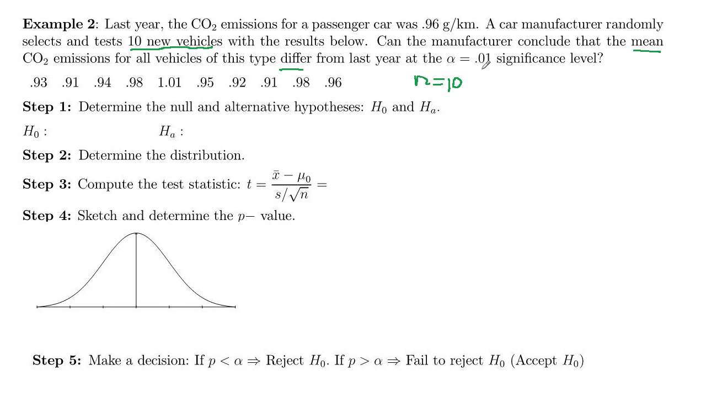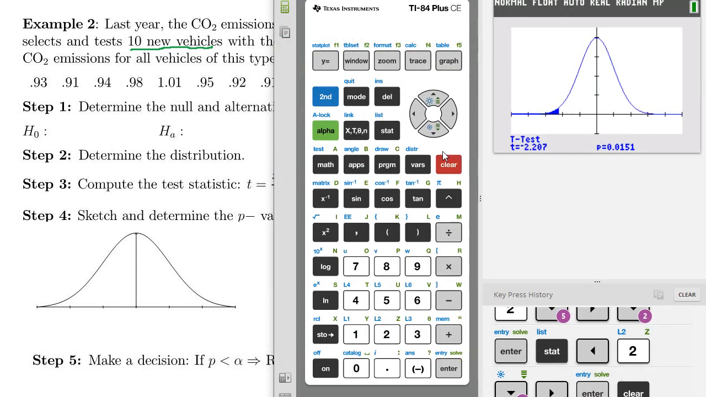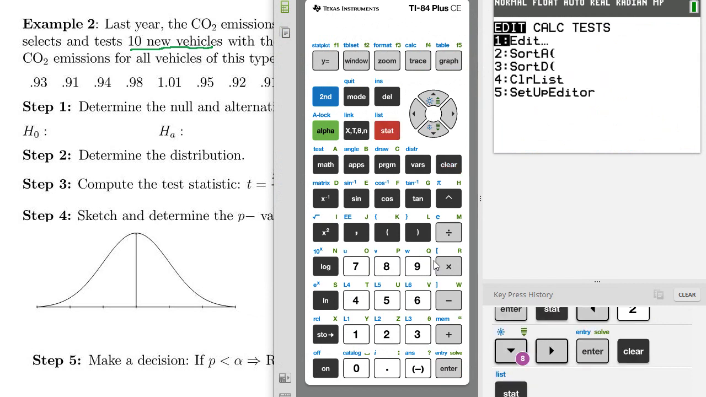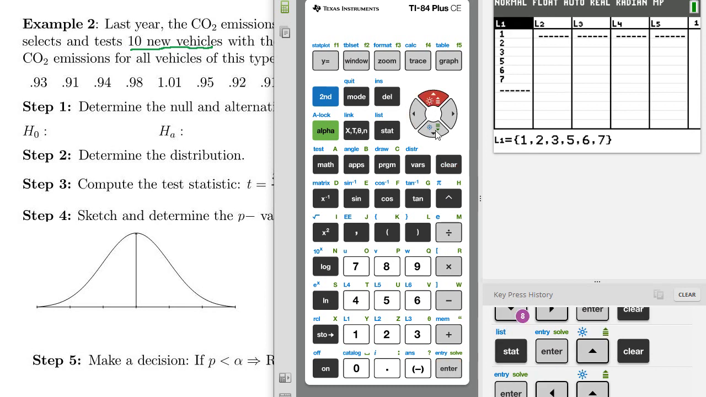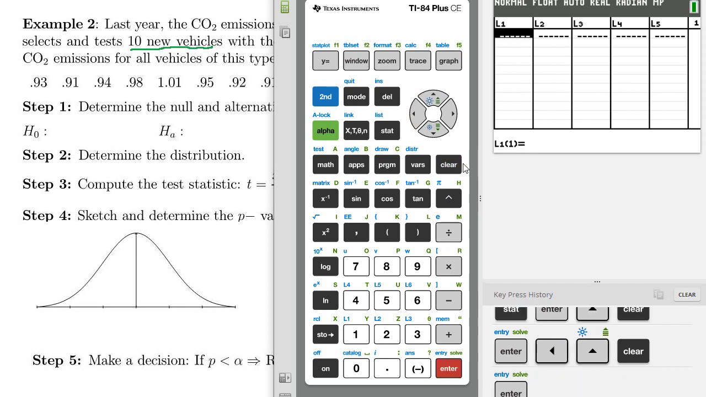Alpha is 0.01 significance. So here they give us actual data instead of summary statistics, so we'll have to put that into the calculator and do one variable stats to start. So we want to go to Stat, Edit, and clear out any lists if you've got anything in there. So arrow up, highlight the list name, and then clear, Enter. And now we want 0.93,